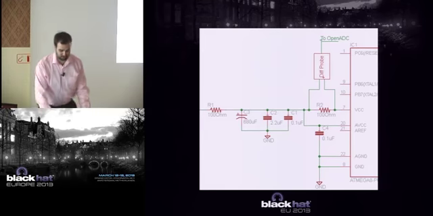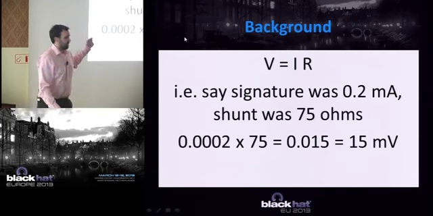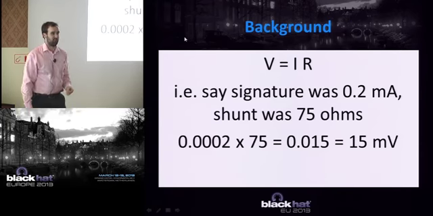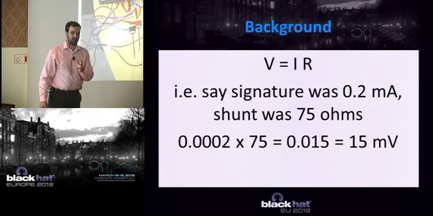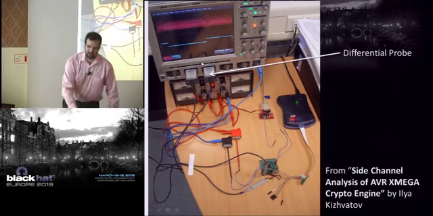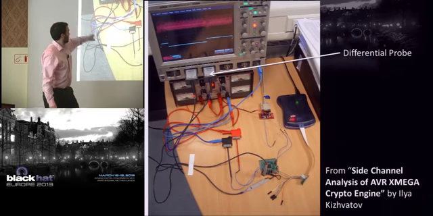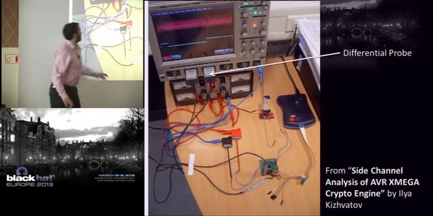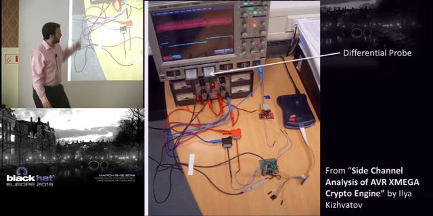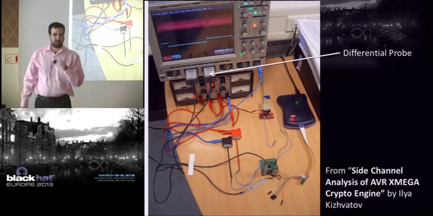But this type of differential probe still gives you a much, much better signal than just a straight connection alone. Although all the demos I have here are just straight connections. So looking at this paper, side channel analysis of AVR XMEGA, you might notice this guy's using a differential probe on this system. So again, say you are interested in this, you say, I want to duplicate these